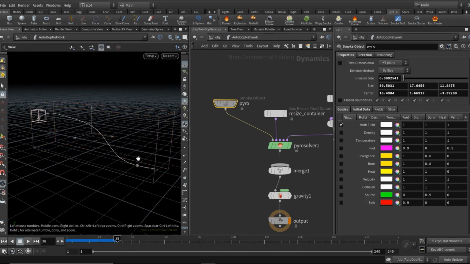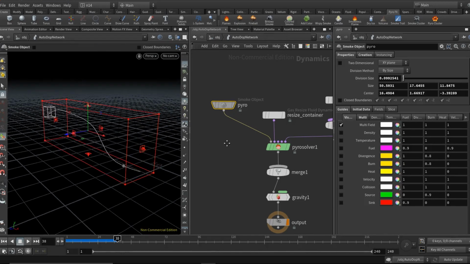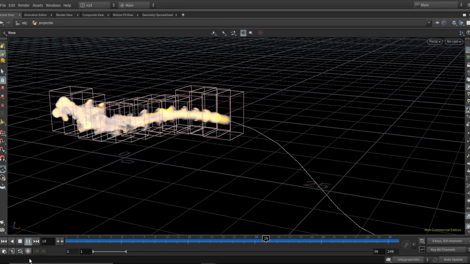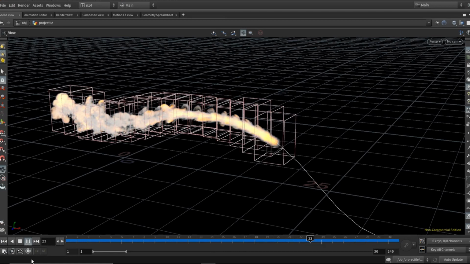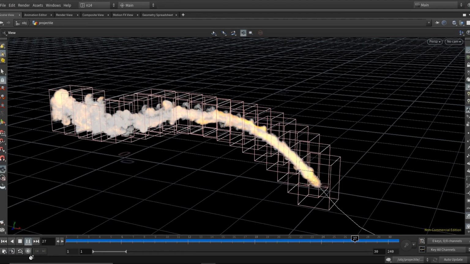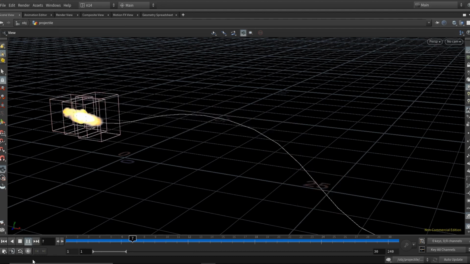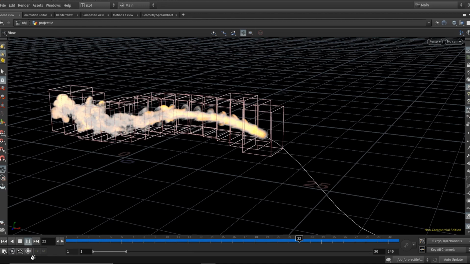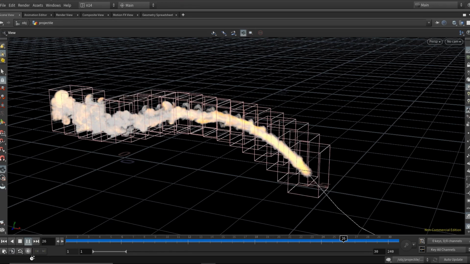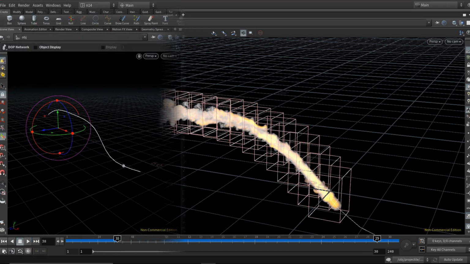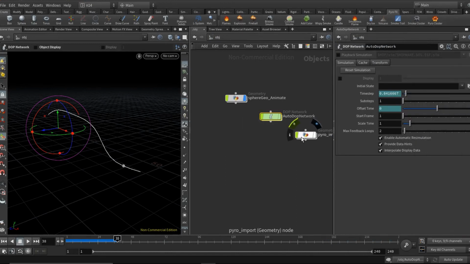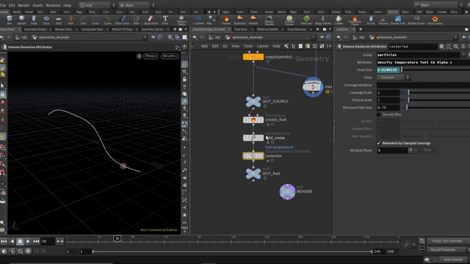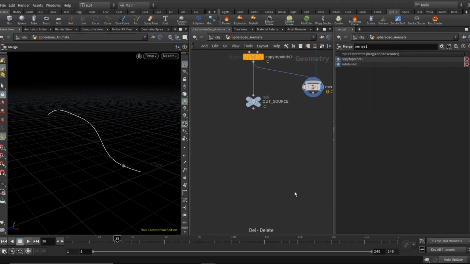So certainly we would like to look for other methods, and what essentially I mean is I will show you the end result. Instead of having one big container, we would like to have smaller containers or smaller pyro objects, a cluster of such objects centered around the path, in such a way that as the sphere moves on, we have such containers appearing at appropriate places. Okay, so let's get rid of these simulations here. I am going to get into this geometry node and remove some of the nodes from here as well.